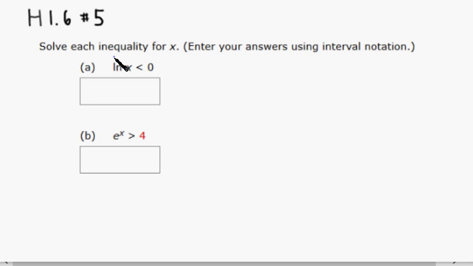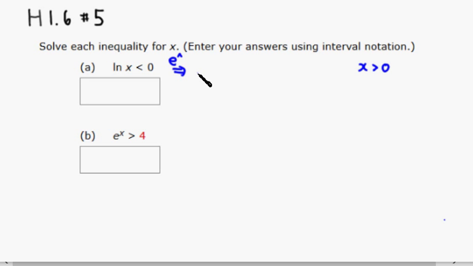x has to be positive. So one thing you have to know is that x has to be a positive number, because natural log is not defined for negative or 0. Alright, then after that, we want to isolate x, just like solving equality. So we're gonna raise e to both